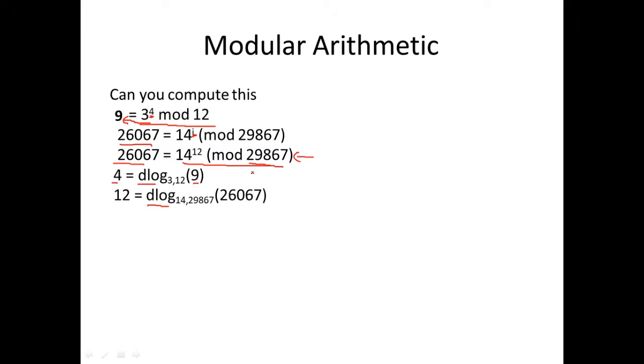So the only key concept that you have to understand here is that computing the discrete log takes time for large numbers. It's not easy. In general, how can we say this? a is equal to b raised to the power i mod m, and i, which is the discrete log, is given as the discrete logarithm of a to the base b mod m. So this is the modulus m, and this is the base b, and this is the result we attain, a.